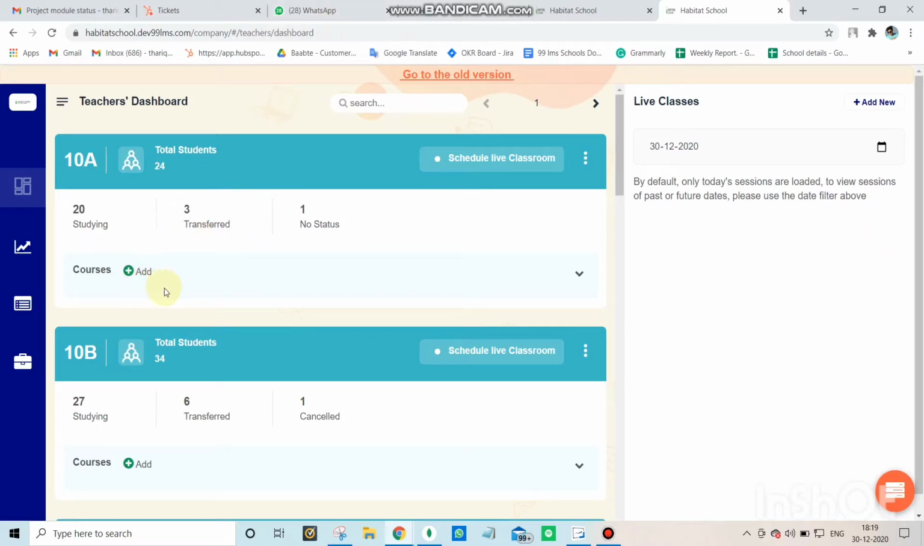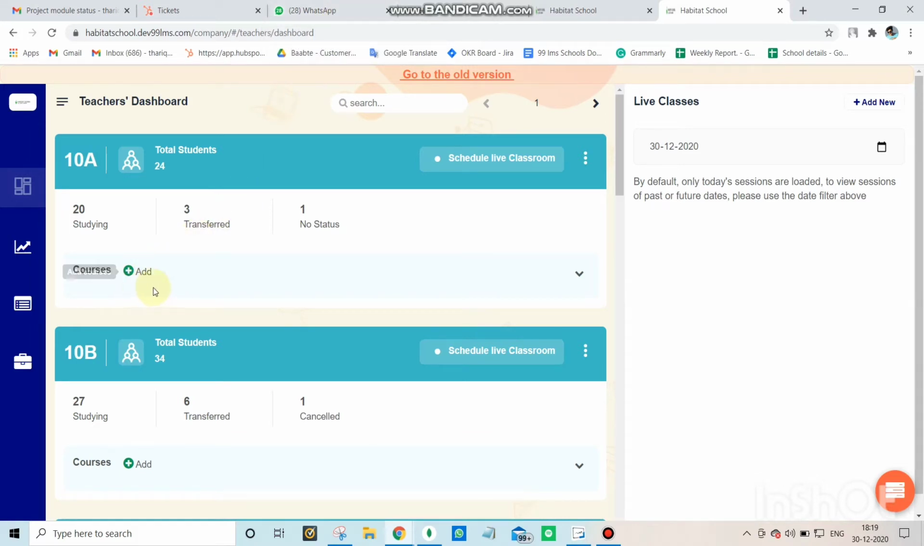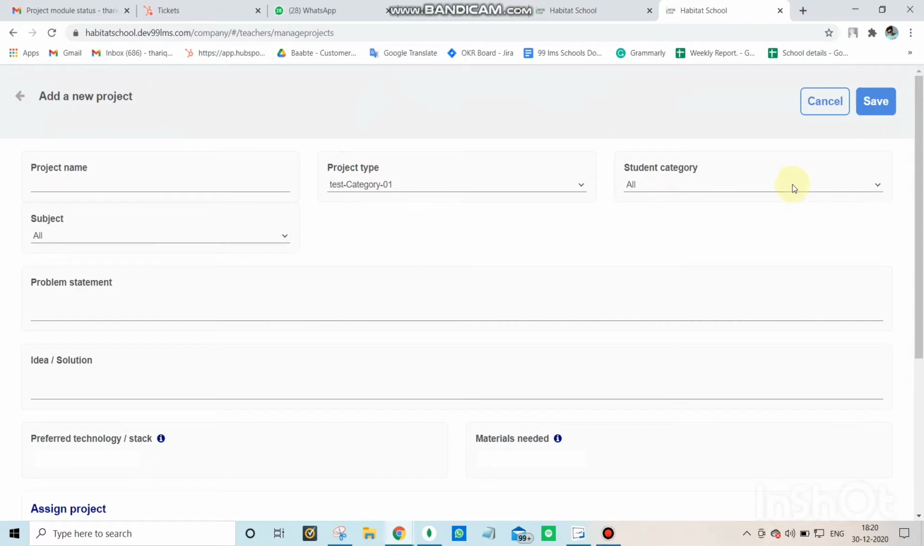Hi all, today I'm going to show you how to create a project, assign it to students and evaluate it. First of all, we can see a button, Add Project. In here we can see project name, project type and student category